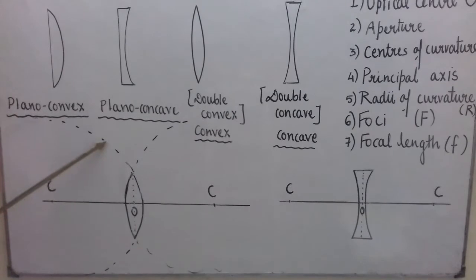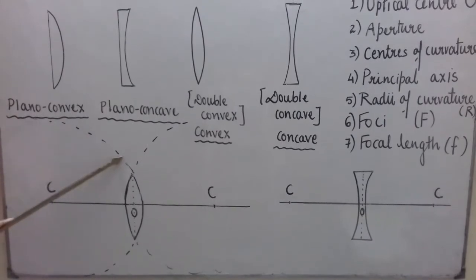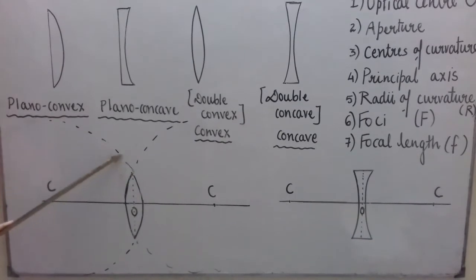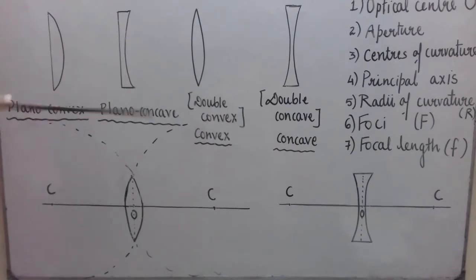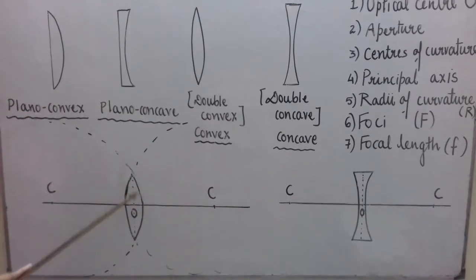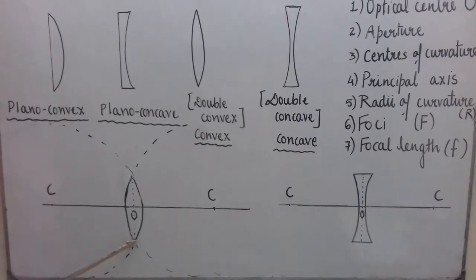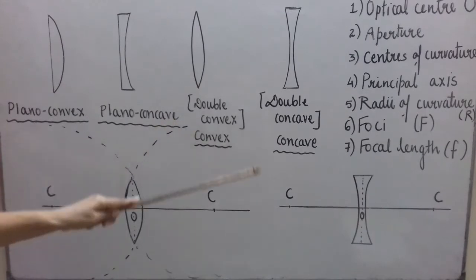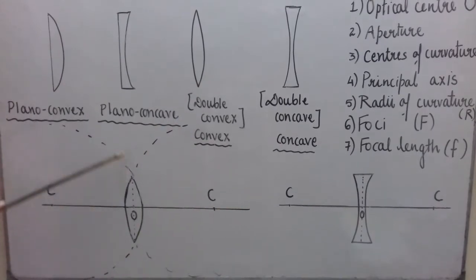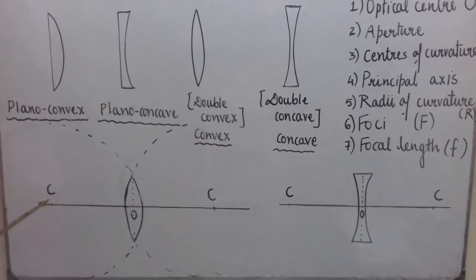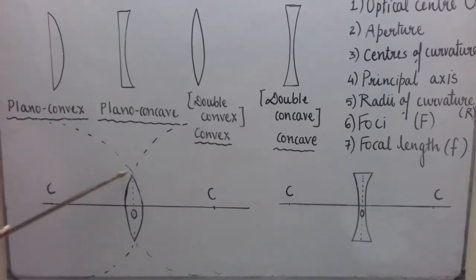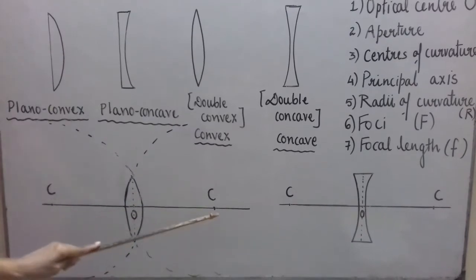now it is a part of a solid glass sphere. If you consider this side, if I complete this, I have not completed but I can complete it, it is the shape of a sphere. So this side is a part of a solid glass sphere. Similarly, this refracting surface is also a part of a hollow glass sphere on the other side. So this sphere of which this refracting surface forms a part has a center, and this other solid glass sphere of which this refracting surface forms a part also has a center.